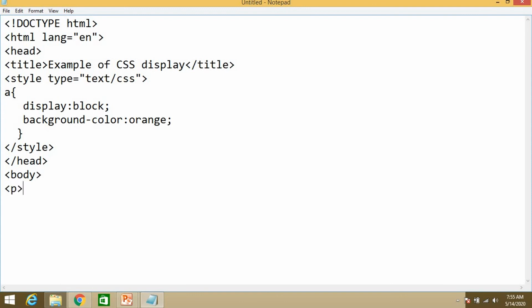Okay, now next is the paragraph tag, and in that I am writing an anchor tag, href equal to http://www.ebalbharti.in, the spelling of Balbharti is correct. After that, here write visit Balbharti.